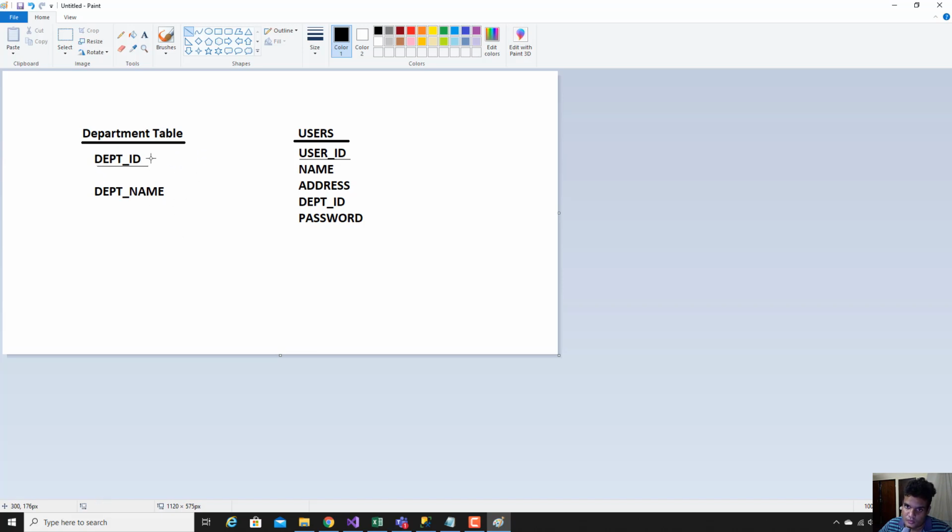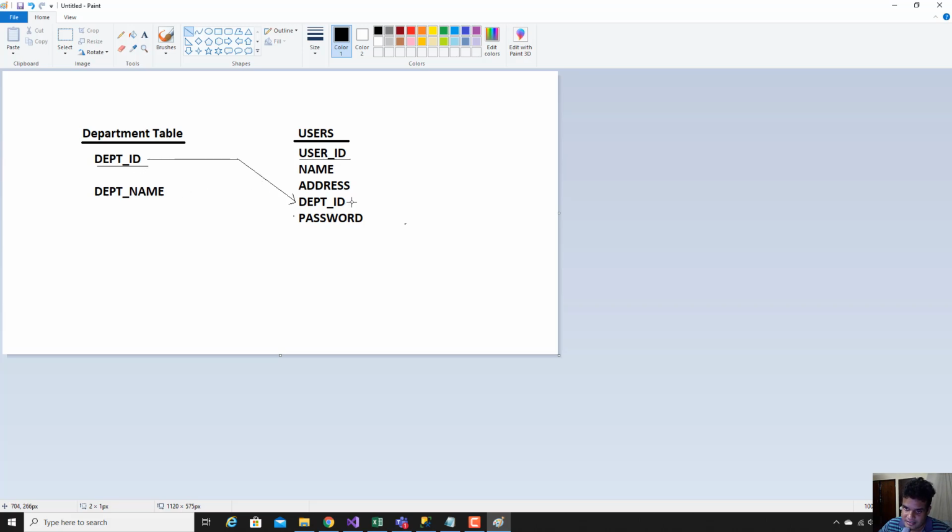So what do we mean by foreign key? Foreign key means we are going to make a connection between this department ID and this department ID. What is happening here is that this department ID is always referring to a value in this department table.